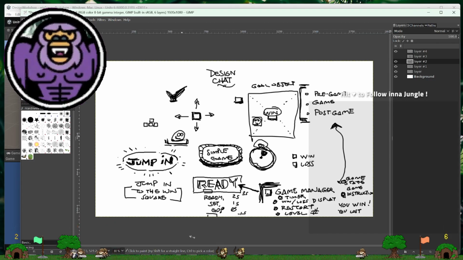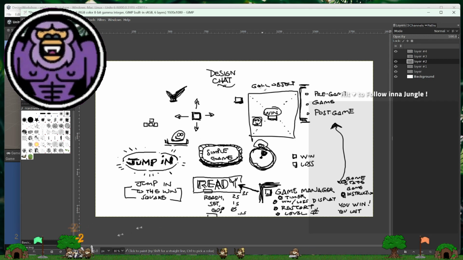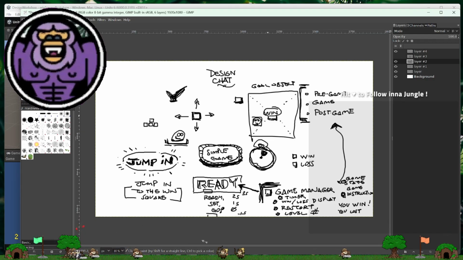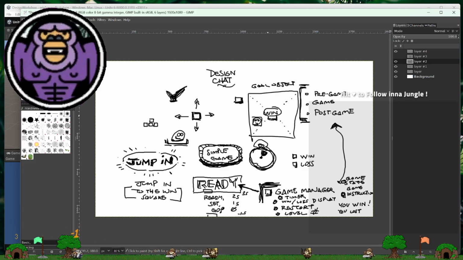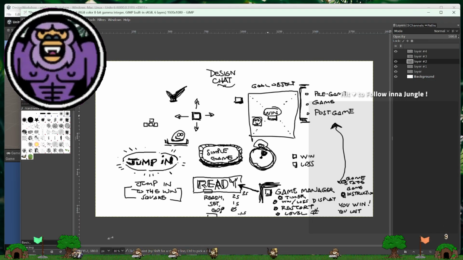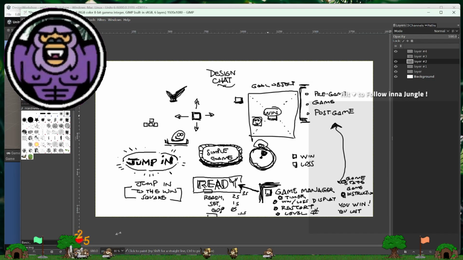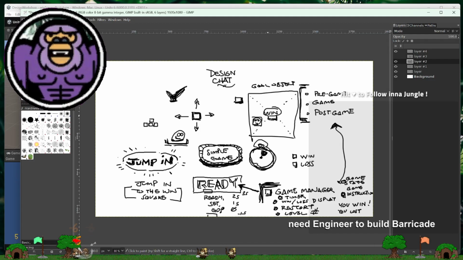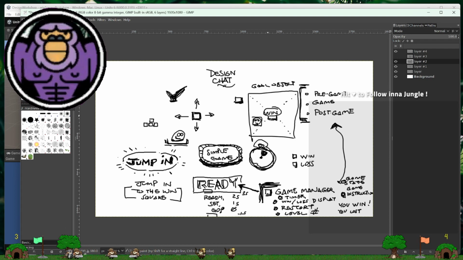Actually, we don't jump in this game, so maybe that's confusing. Anyway, the point is, perhaps the win square is a hole, and we go through the hole to the next level. Ooh. We haven't talked about theme very much yet in Design Chat, but that's a good topic. It helps us make decisions. It helps us make really good decisions in line with what the player needs. When you have a theme you can use, it is a tool to help us make decisions easily. Yeah, we'll talk about that.